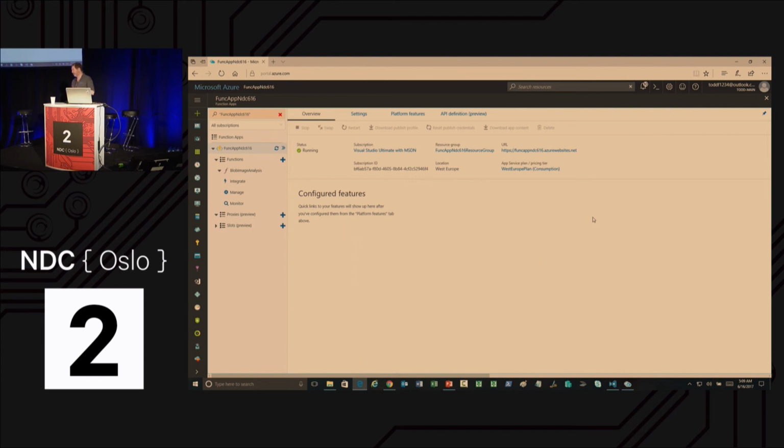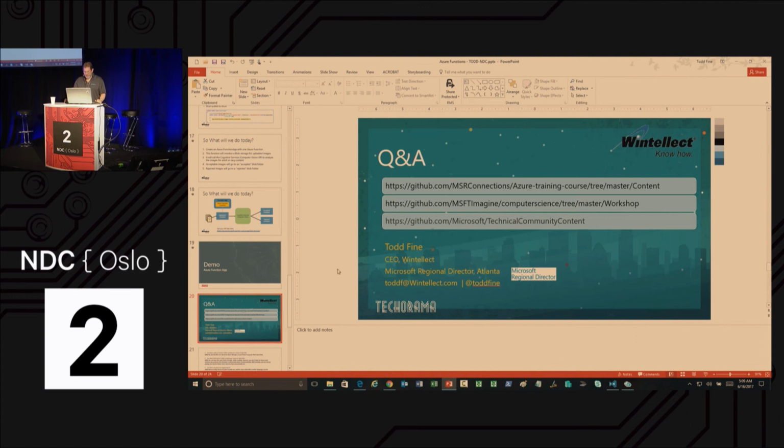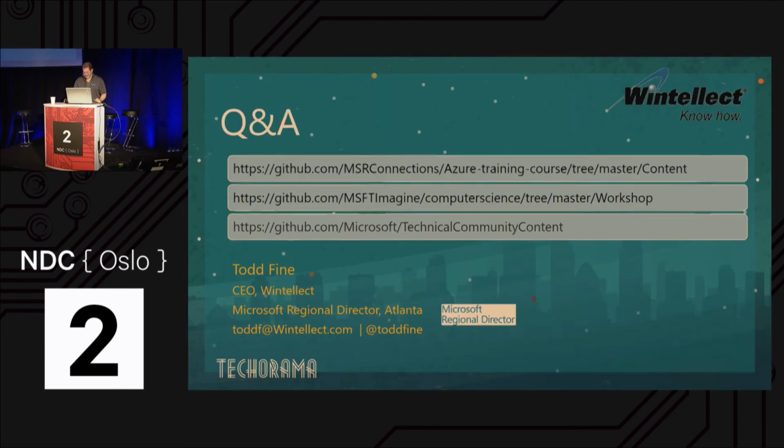In AWS, they call them lambdas. It's a big thing. It's evolving rapidly, and it's now something that's a part of every architecture discussion we have: hey, do we want to do X or Y with an Azure function? So let me just post this slide again so you can see it, and we still have 10 minutes left. So any questions for me about anything at all relating to this?